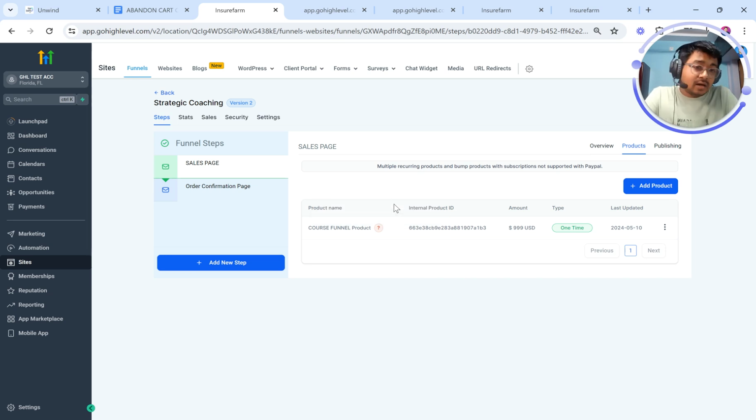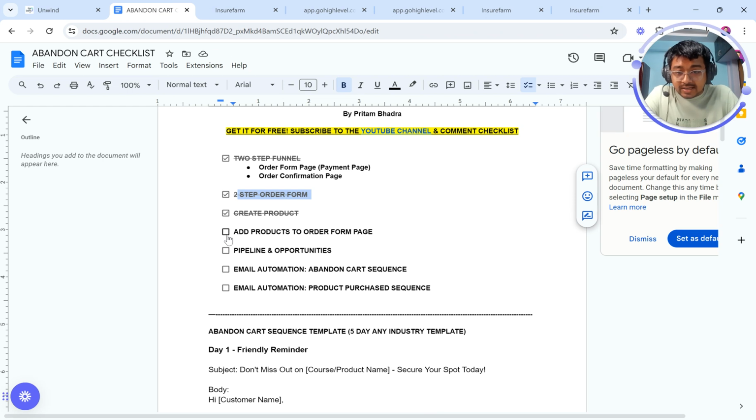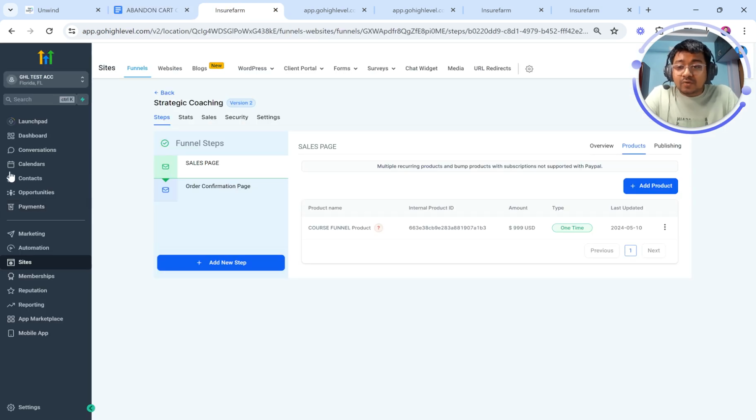So you can basically create a snapshot out of it as well. So that's pretty much possible. But anyway, so that's done, right? So now we're going to check that off as well. Now we're going to create pipelines and opportunities. It's super crucial. So in order to create pipelines and opportunities, what you need to do here is you need